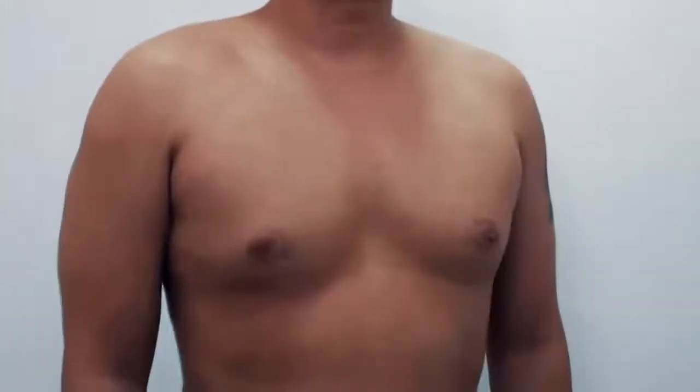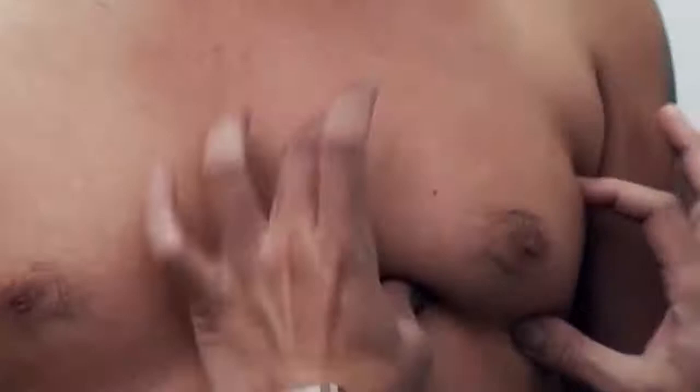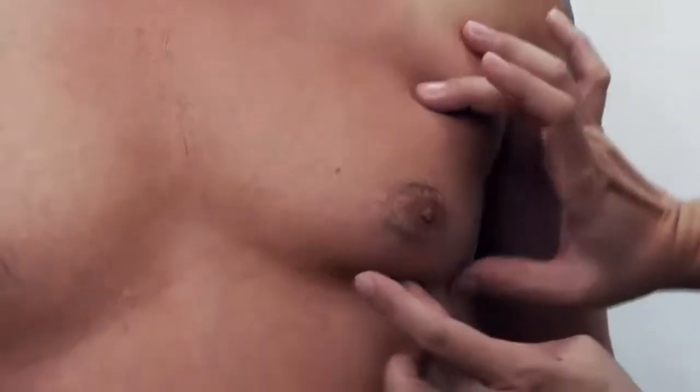Okay. Next, I'm going to check on the fat layers, fat tissues. This is the shape and size of your breast tissues. When it's hard here, this is your muscle. When it comes here, can you feel the fat layer starting from here all the way around to here, wrapping around your glands, and you have to remove this